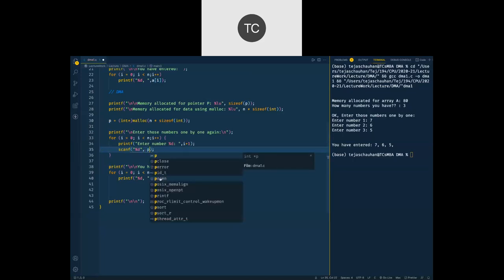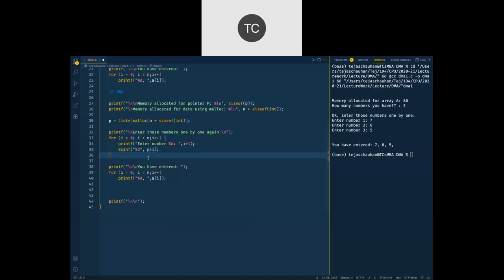So we can say that P plus I can go for temporary calculation, right? P plus I, or you can use P and then make P plus plus, a permanent change in the address. So you can go for any possible way. And then we say you have entered, and we are going to print P of I. Now both these are temporary calculations. With pointers, if you are managing an array, then you can use P plus I or P of I. Both these are temporary calculations, right? And this will work. There is no problem there.